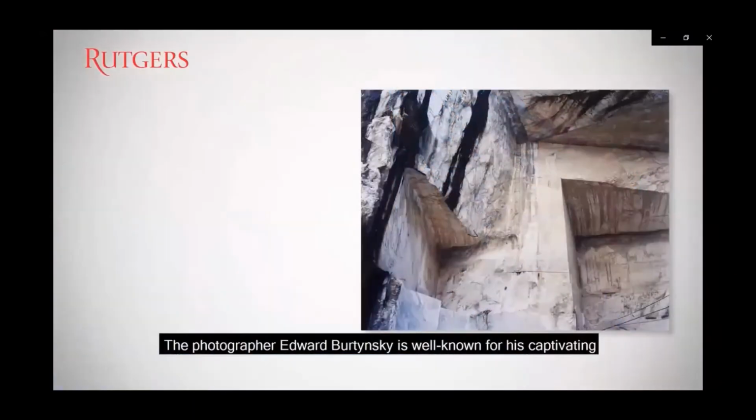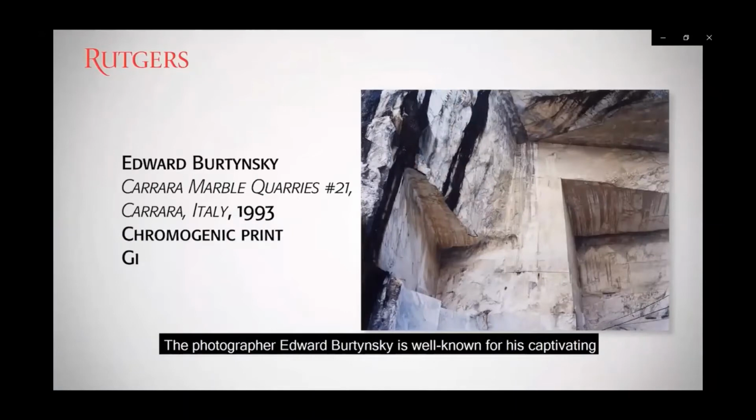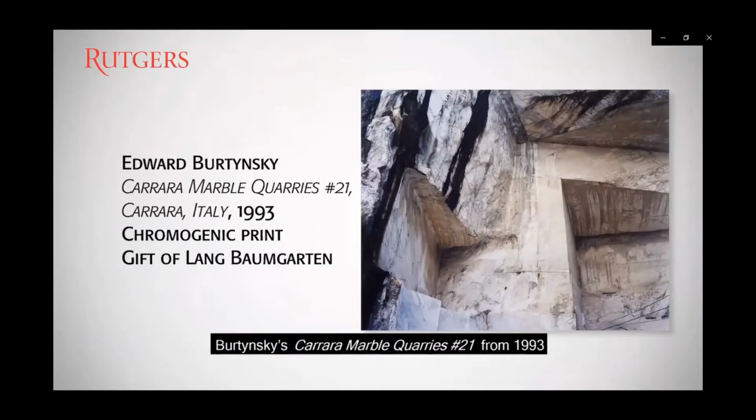The photographer Edward Burtynsky is well known for his captivating large-format works depicting landscapes affected by industrialization. Burtynsky's Carrara Marble Quarries, number 21, from 1993, provides a strikingly beautiful view of the damage left by our ceaseless